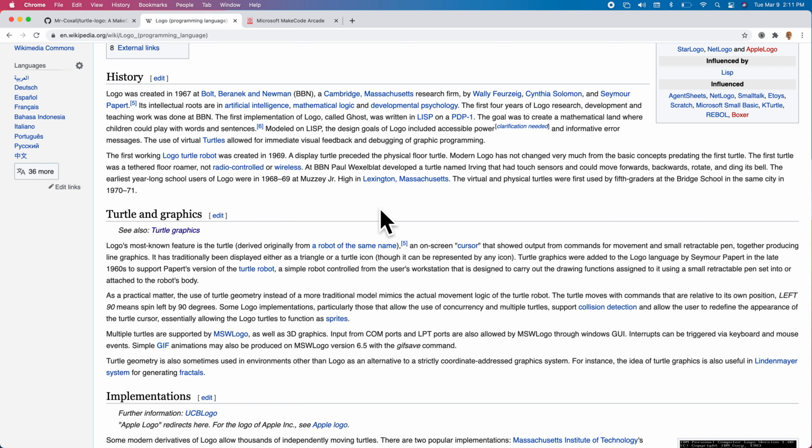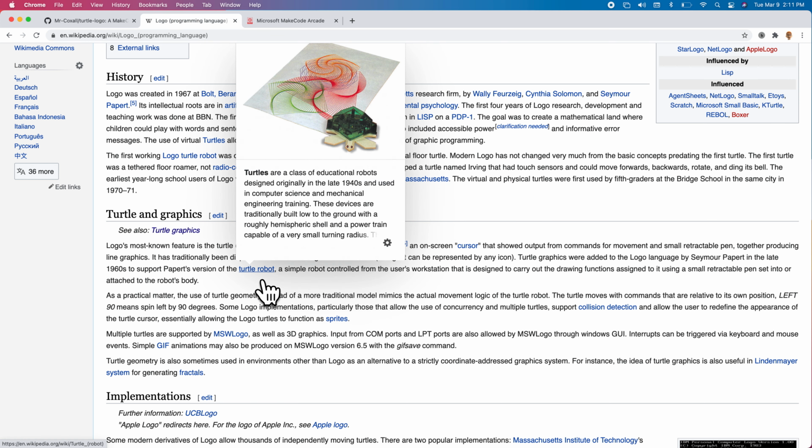And turtle graphics is just a little tiny robot that looks like a turtle that was introduced to try to make it more appealing to elementary students. And the initial idea of having the robot was then moved into the computer where it was a little turtle